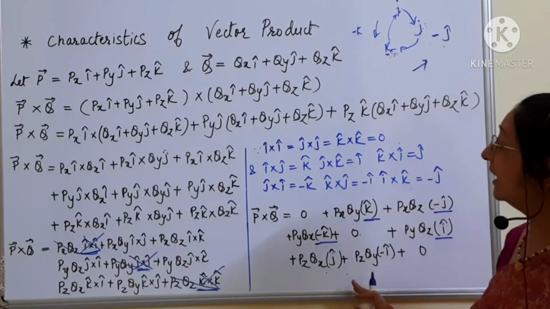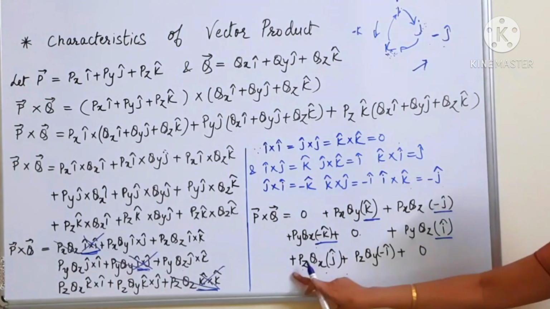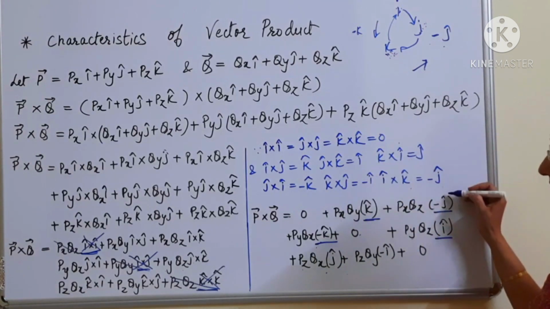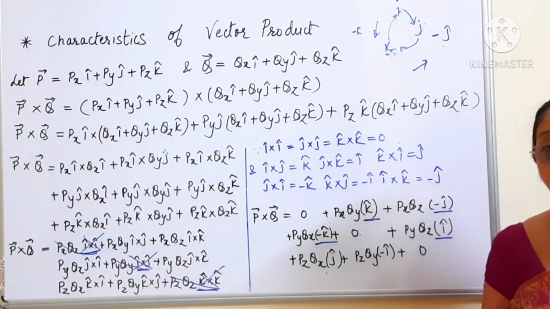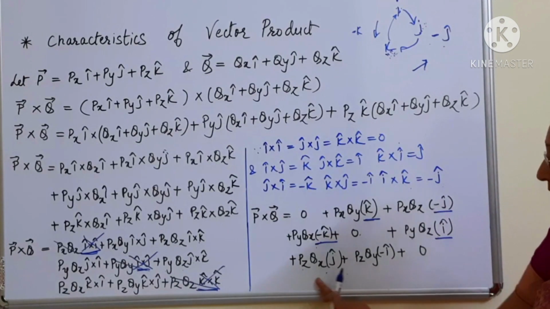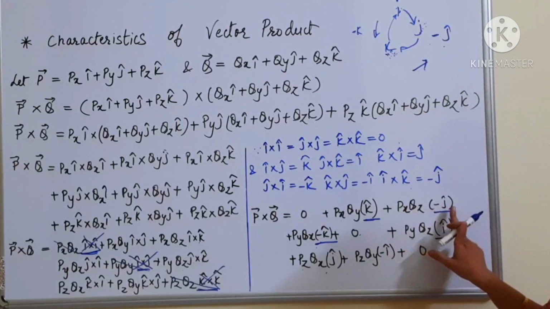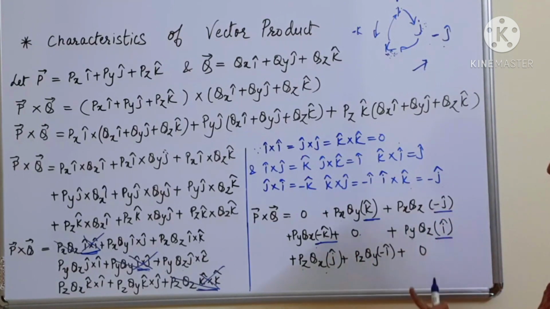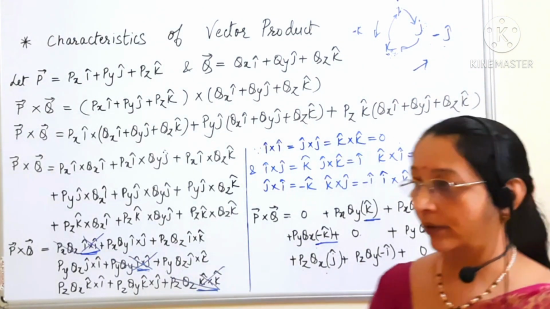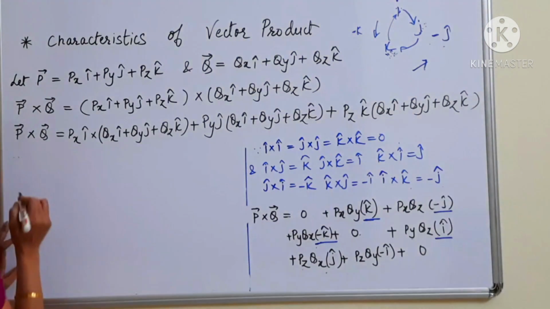So in this way, with the help of these values of I cross j and these cross products, we have found out the values of the vectors. The vectors that have come here, we have found their values here. Now we simplify more. So we get